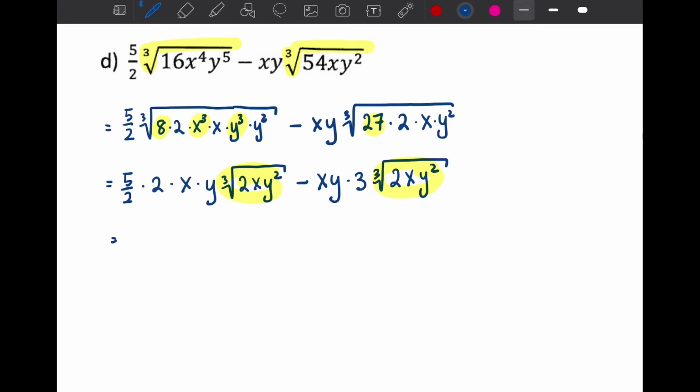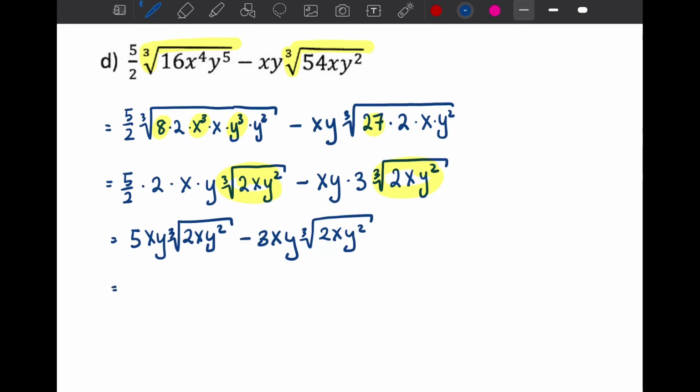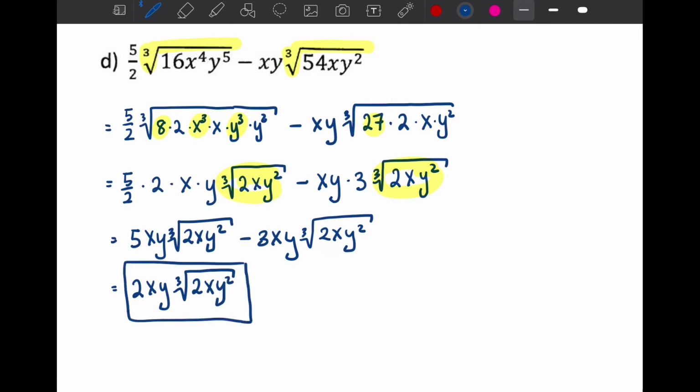But first, let's simplify. So 5xy cube root of 2xy squared minus 3xy times cube root of 2xy squared. And then 5xy minus 3xy is 2xy, and the radical portion follows. This is the simplified form of the original